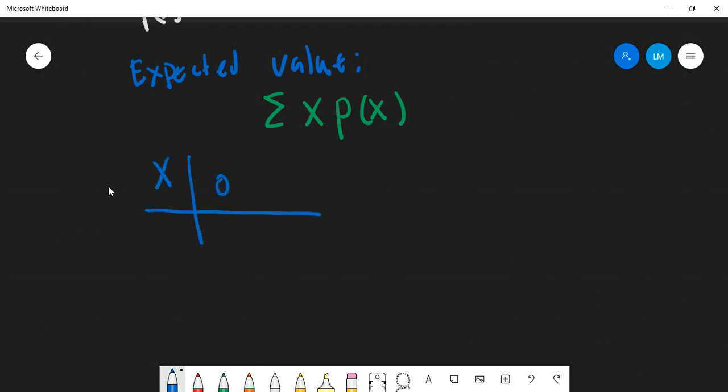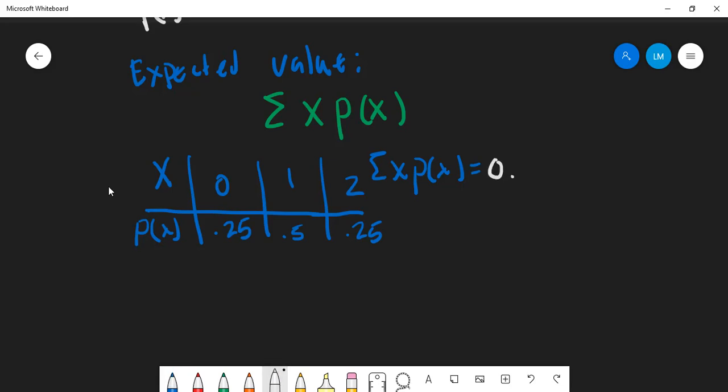We have 0, 1, and 2, and the probabilities were 0.25, 0.5, and 0.25. So the sum of x times p of x is going to be equal to